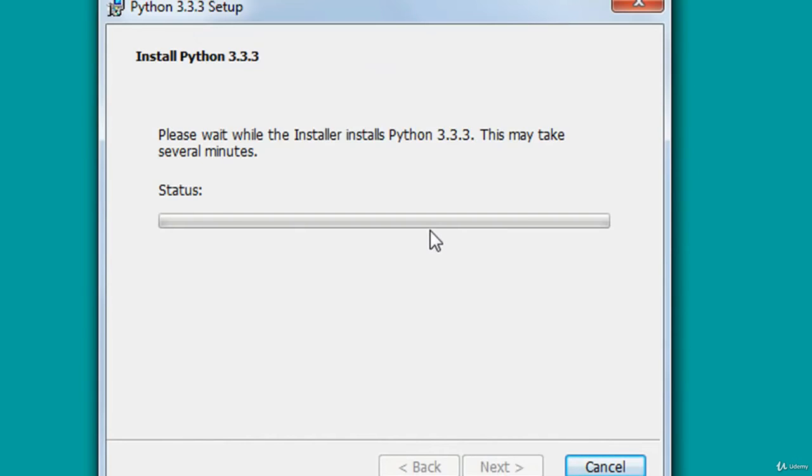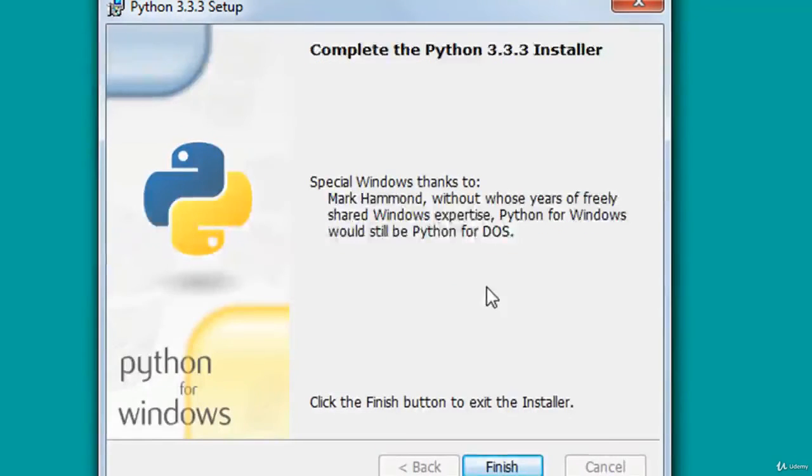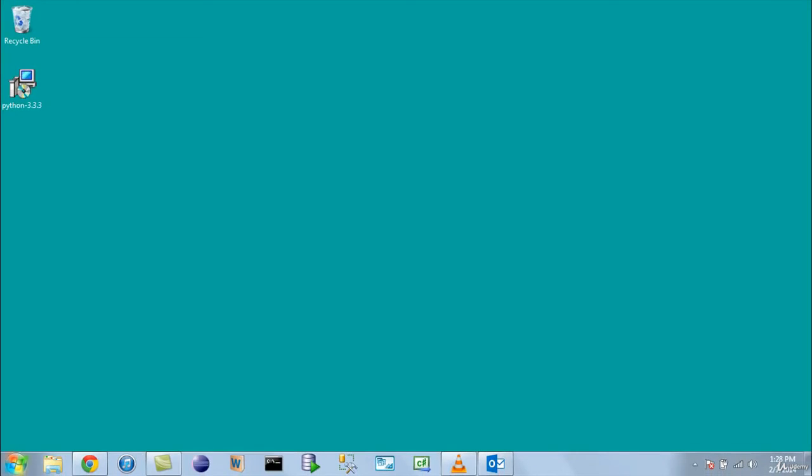and this might take some time, like a couple of minutes. Once the installation finishes, you just have to click on the finish button. One more thing that I'm going to suggest you do is make a copy of the Python GUI application or the Python command line on your desktop or your taskbar, right? Because we're going to access those applications quite a lot in this course, so it makes sense to have their links on the desktop so that we can access them frequently and conveniently.